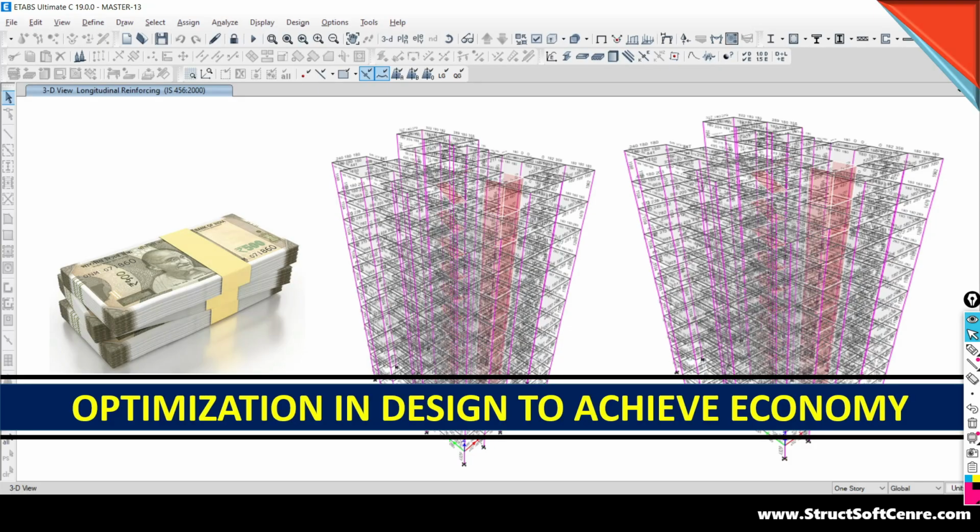Okay, and after that we have to do the optimization in the design. A structural engineer's responsibility is not just to do the design, you have to do the optimization. Let's take an example. Suppose you are going to deal with a project, and I am also going to deal with the same project. And suppose I do the design and end up with a demand of reinforcement of about